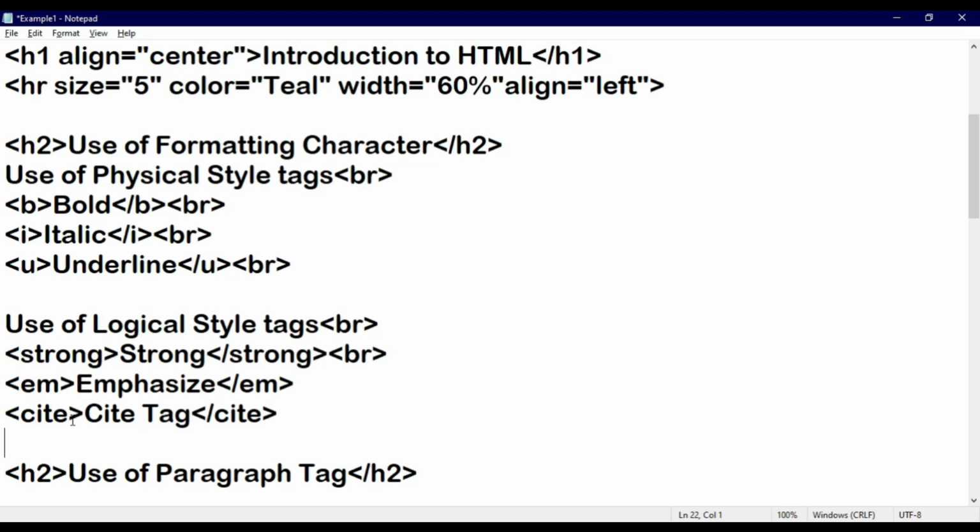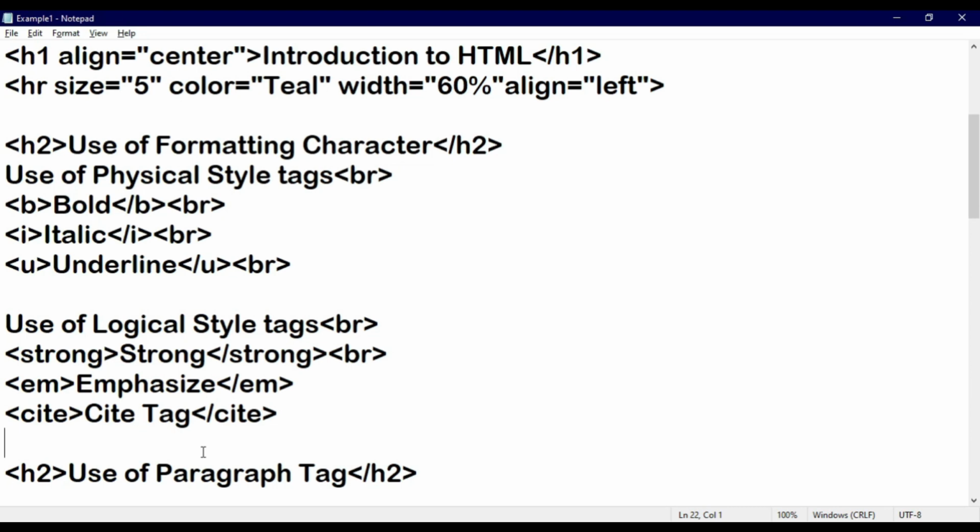In logical style tags, you can display either using strong or emphasize, by which you can set your bold effect as well as italic effect also. So students, this is all about your formatting characters, that is physical style tag and logical style tag. I hope that you understand well how to use these particular tags to display the output.